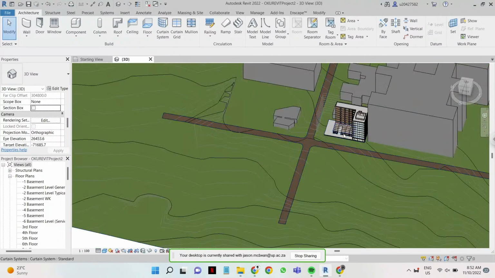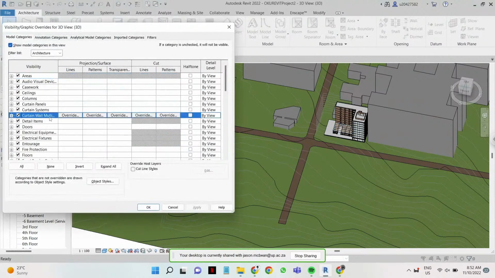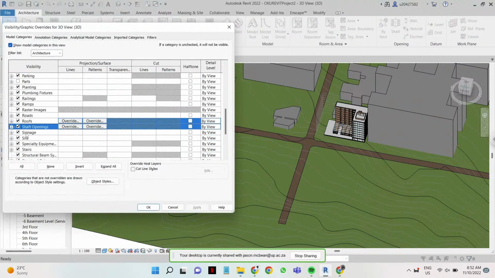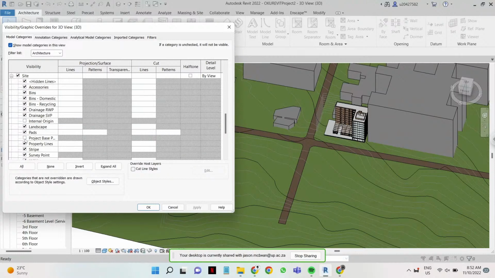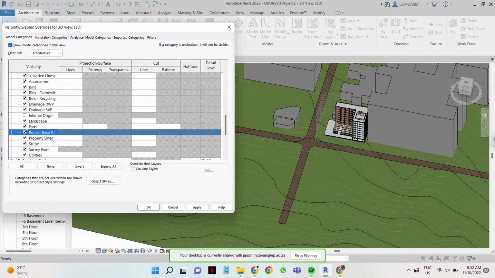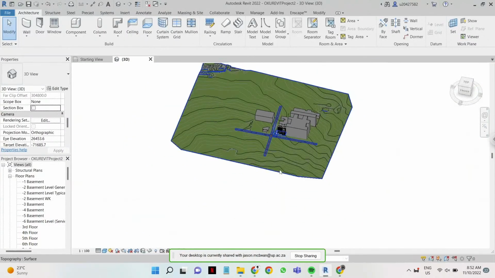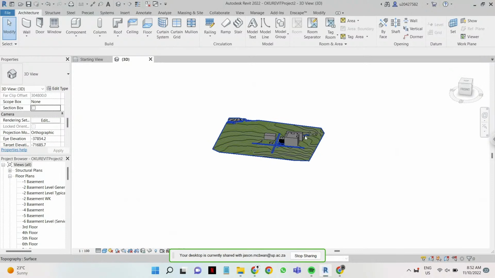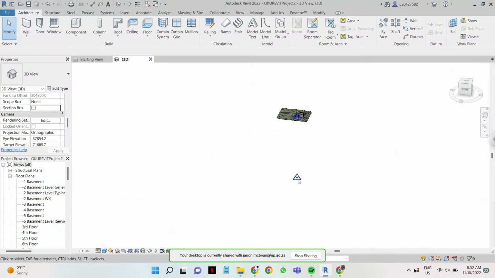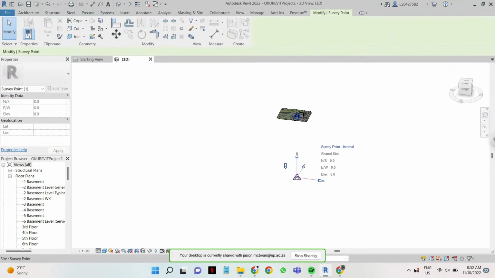So what we're going to do is go to VG, Visibility Graphics, and go to Site. There are 2 points: project base point, which I'm not going to worry about, and survey point, which are the 2 points I want to look at. I've got a feeling that your survey point was way down here somewhere. So all that we have to do is adjust this point to go back to our original